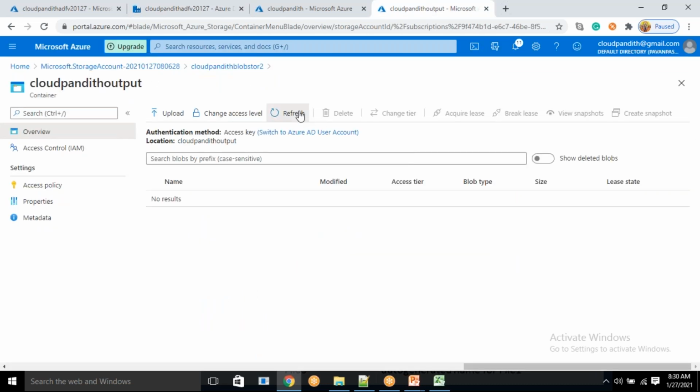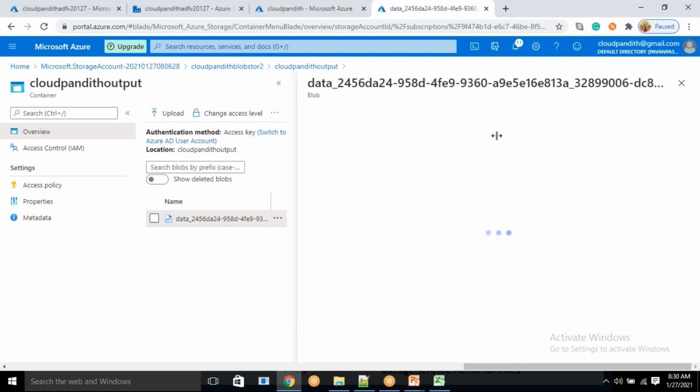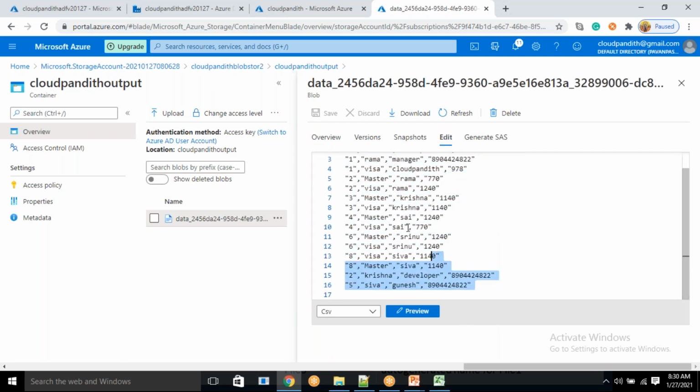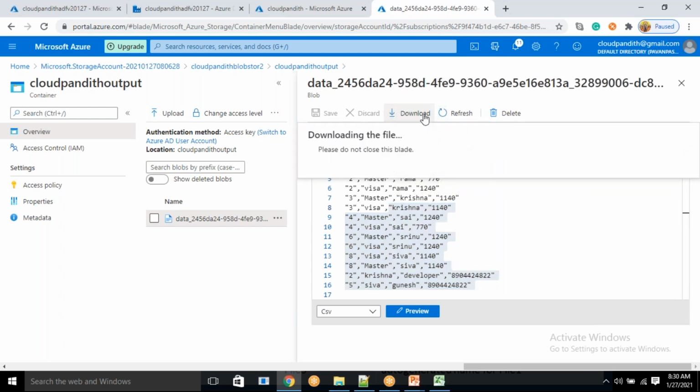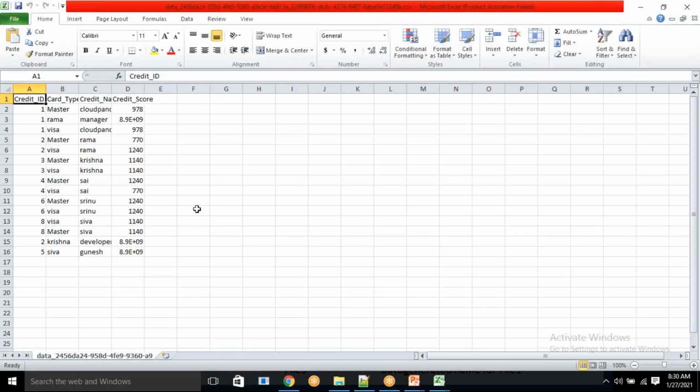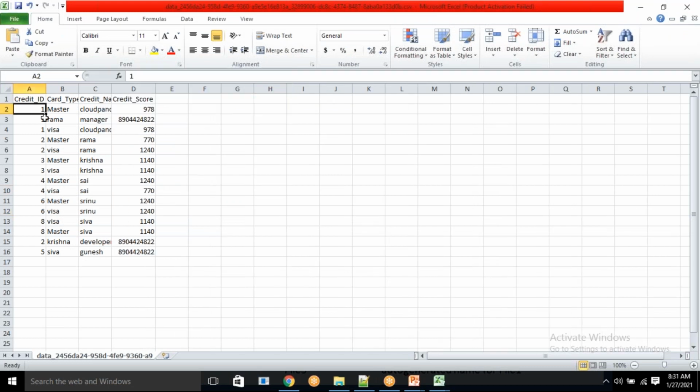Succeeded. Come here, refresh this, click on this, click edit. Here itself we can understand which schema it has considered. So exactly it is behaving like Spark, as I mentioned. Which file has more number of columns, more number of records? That particular schema it is considering. See, this credit data has more number of records, so that's why the credit file schema it is considering.